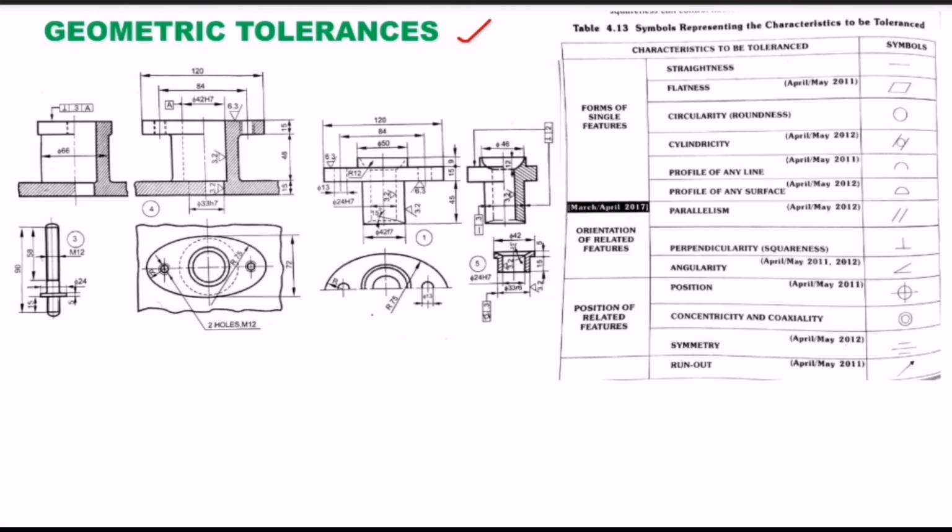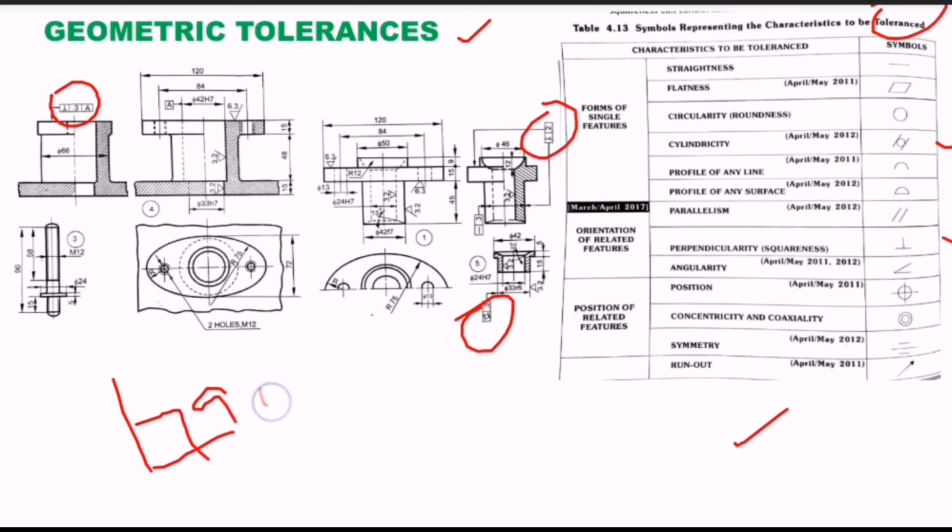Next, geometric tolerances. So this is nothing but this table provides the tolerance symbols. In the figure we can observe some of the symbols like perpendicularity, and here also we can see perpendicularity. Here we can see this symbol as cylindricity. So this kind of symbols we can see in every production drawing sheet. How we can indicate these symbols means wherever the perpendicularity is there with two different lines with 90 degrees, there we can go with this perpendicularity. And wherever the cylindricity is there or cylindrical objects are there, there we can indicate this cylindricity. Like that different symbols are there in this table.